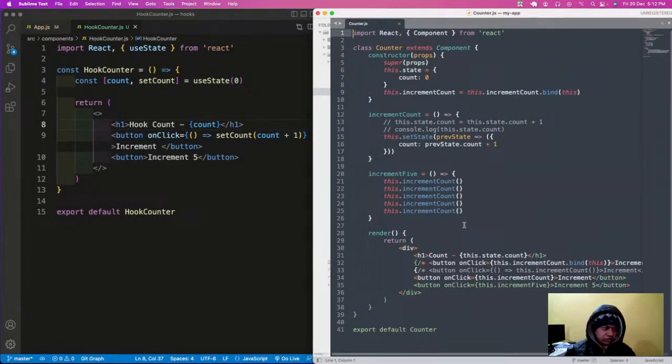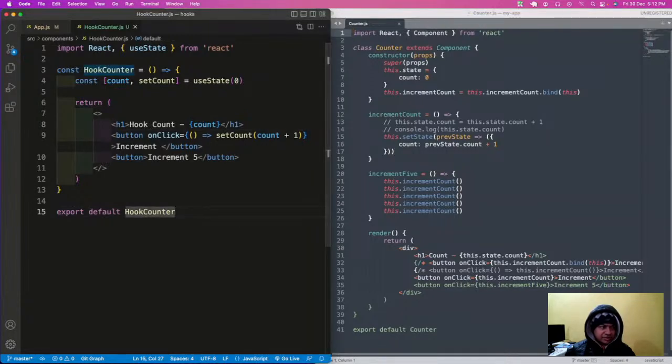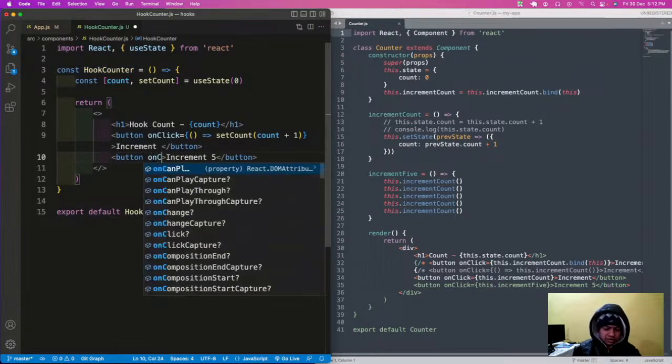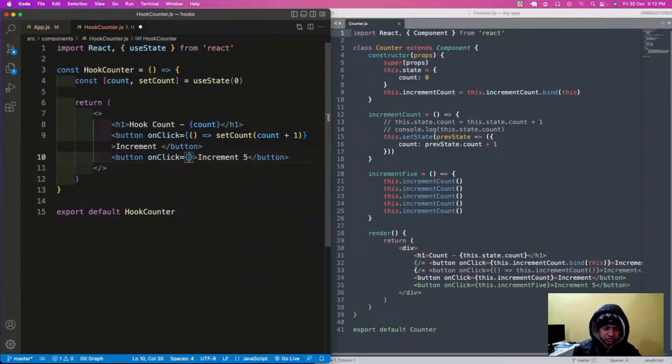So, we know it will not work. Here I cannot do something like this because I already made it here. So let's do one thing. I will create a function here, which I will call from on click. I'll call this function on click equal to